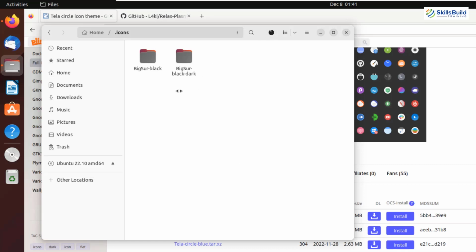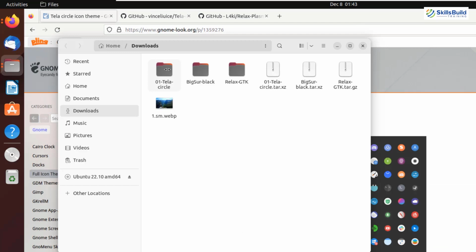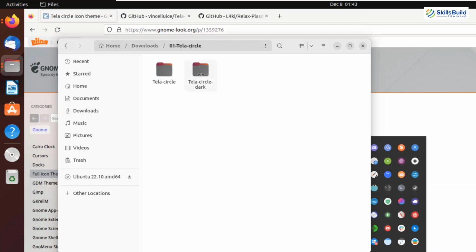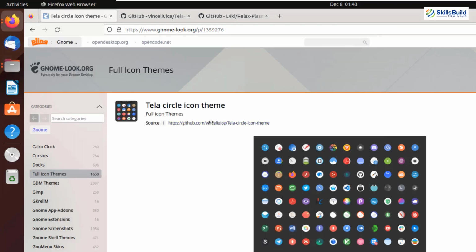Now what I need to do, I need to open my Gnome tweaks. But before that, let's go back to our downloads directory. Okay, this time I'll open my Tela circle and here I have Tela circle tar. Let's open this one. Well, here we do not have installation file. So what we can do, we can go to its source file